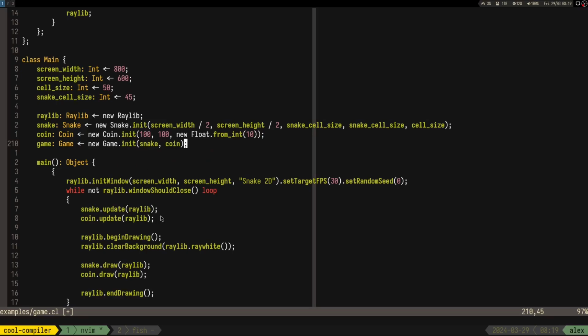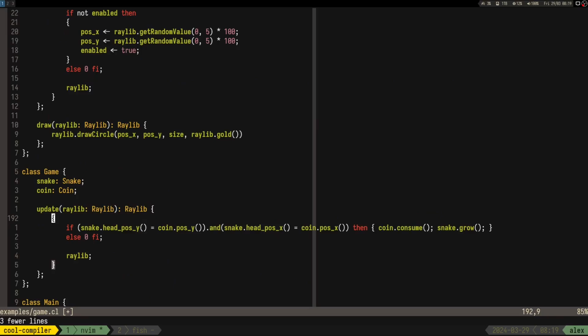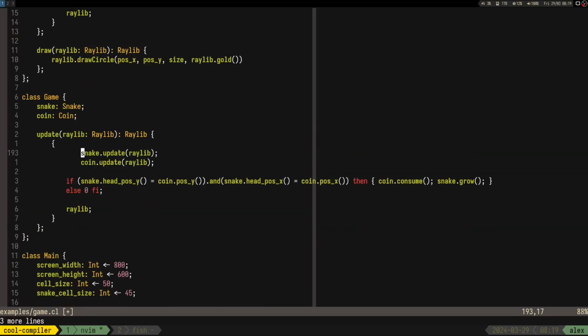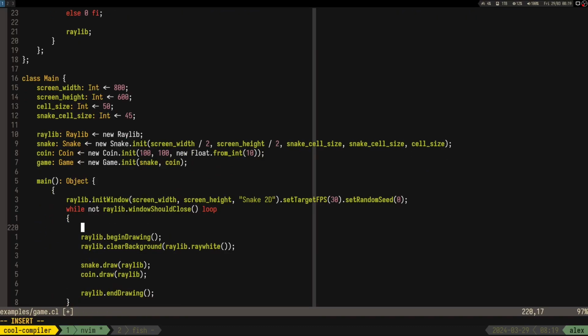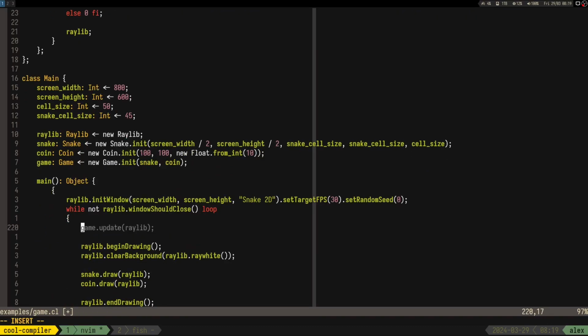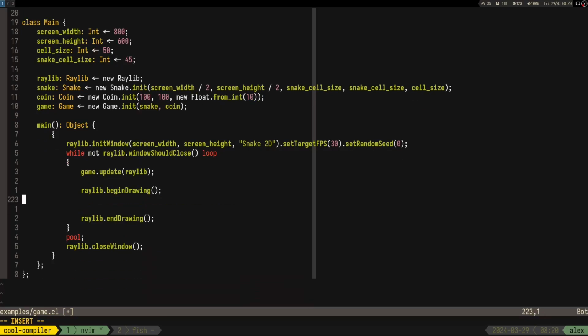We pass in those things, and I guess we can also try to update these two guys. We'll see where we have to do the update. Right, and here we can game update, and whoa, what the,